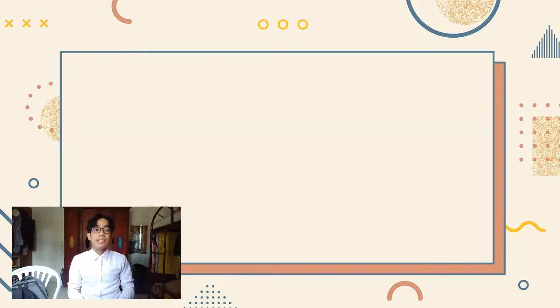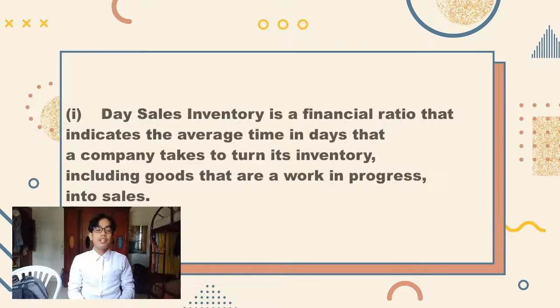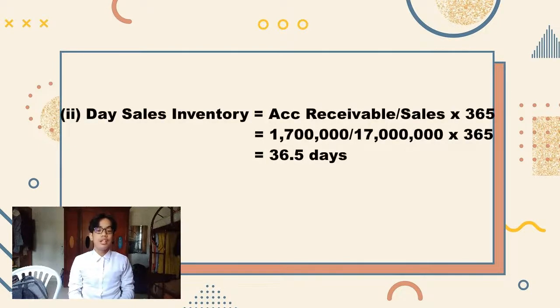Next, the day sales inventory. The day sales inventory is a financial ratio that indicates the average time in days that a company takes to turn its inventory, including goods that are work in progress, into sales. The calculation of day sales inventory is day sales inventory equals accounts receivable divided by sales, times 365. So the Hikmah Bati Berhad day sales inventory is